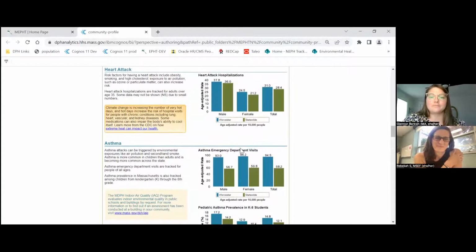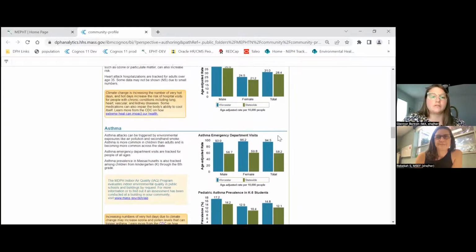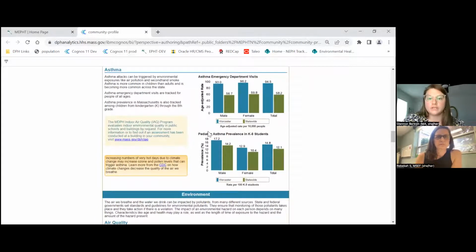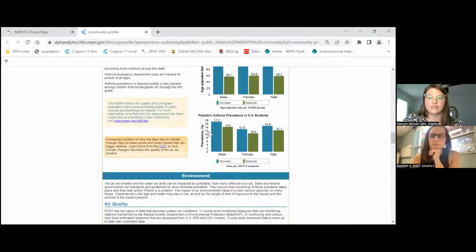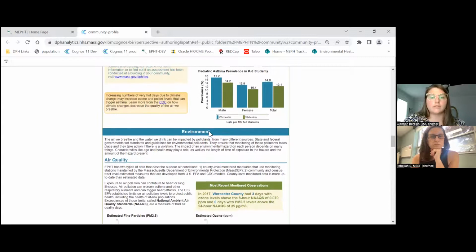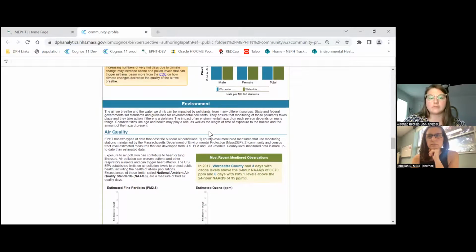But again, flags for why it's relevant to climate change, what's likely to be exacerbated moving forward, comparing both male to female, the binary sex categories that are available in the data, and to the state. So asthma is included both from an emergency department hospitalization utilization standpoint, but also prevalence in schools, which is a data set that DPH collects.